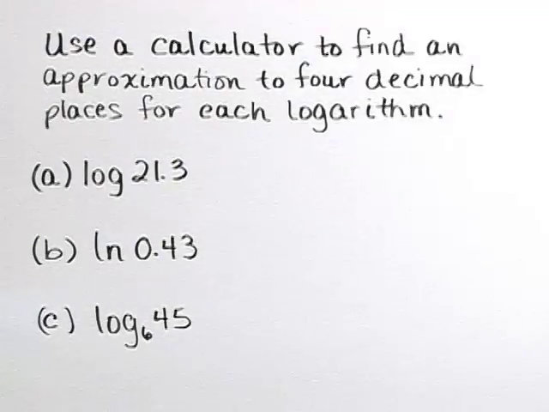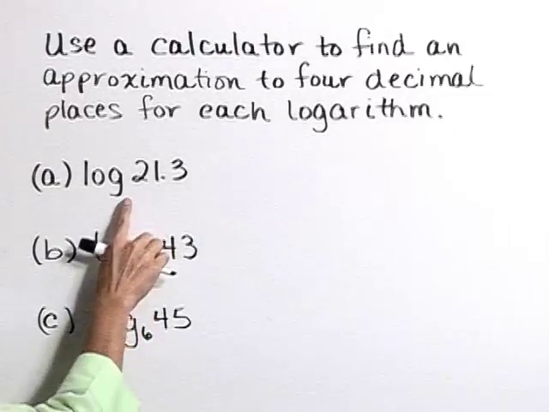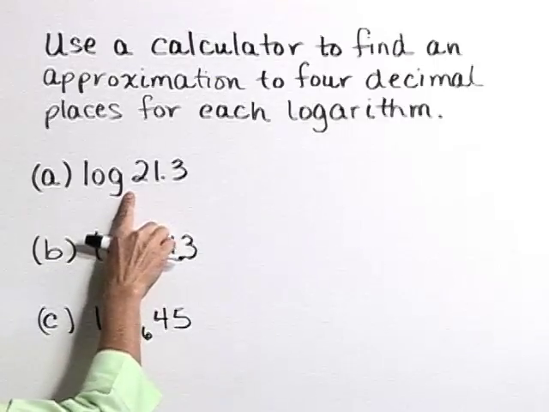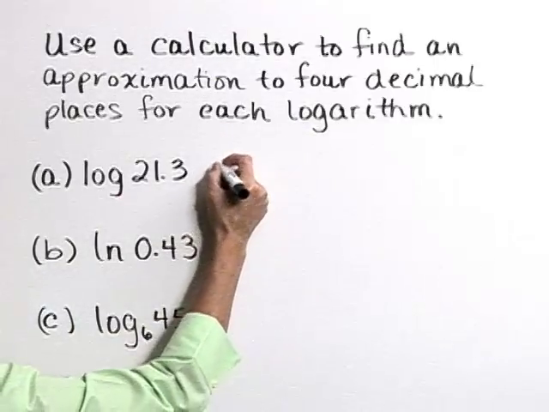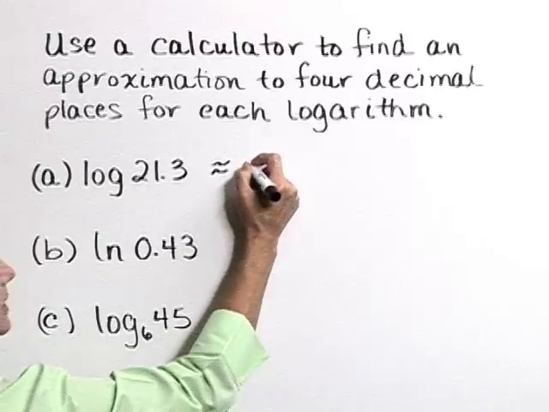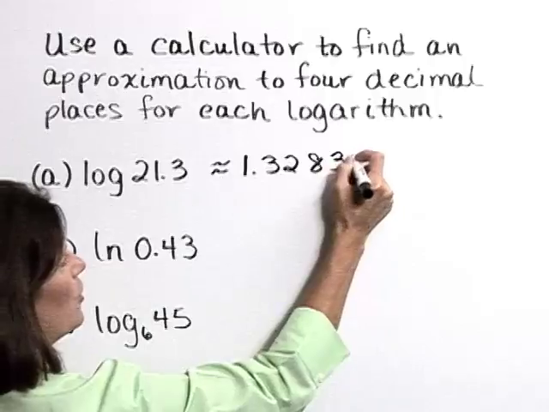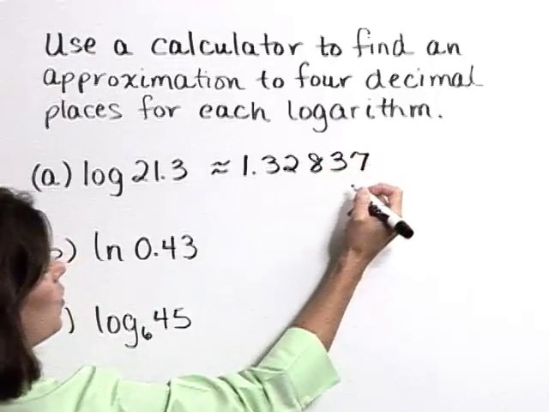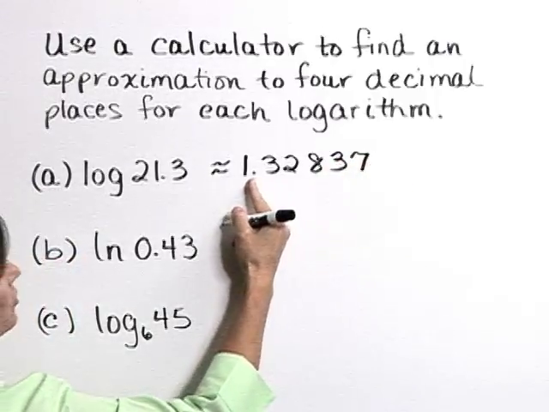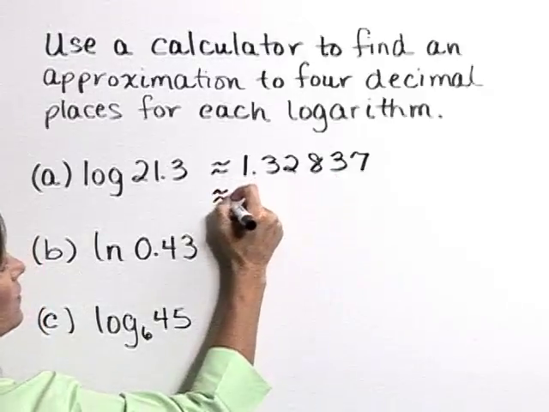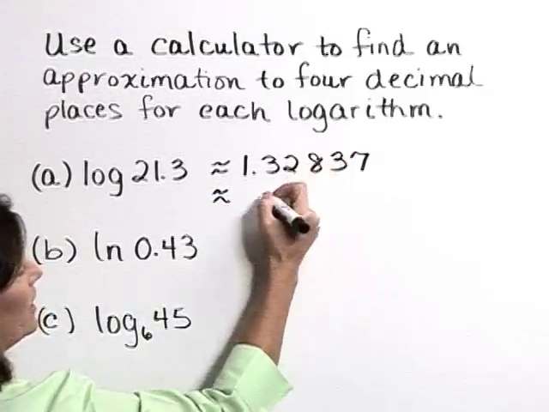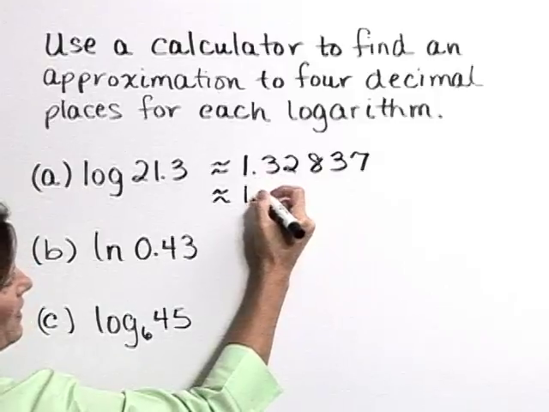Use a calculator to find an approximation to 4 decimal places for each logarithm. In part A, we have log of 21.3. That's a common log, or a log base 10. Using our calculator to evaluate this, we get approximately 1.32837. We want to find this approximation to 4 decimal places. That 7 causes this 3 to round up. Let's write that approximation as